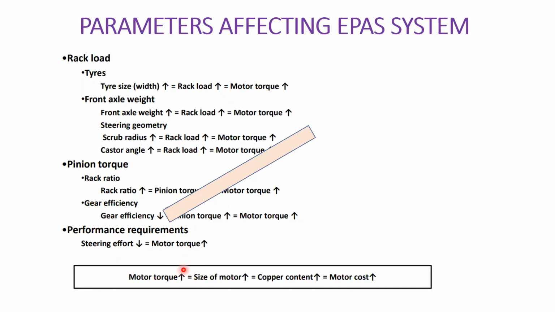Am I right? So like this, the overall motor cost is going to be higher when you have high motor torque and a high motor size, and the other things. So finally, what is the conclusion? This is the conclusion I'm going to get. I can reduce the motor cost. If I reduce the motor cost, I can reduce the overall cost of the steering system also. But when I reduce the motor cost, what happens? These are all the challenges.